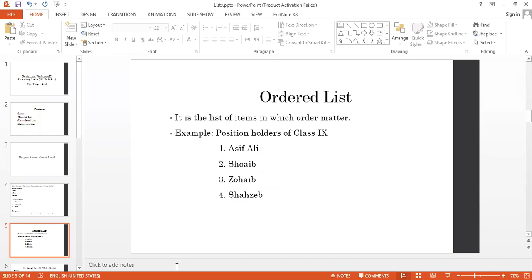If you change the position of any candidate, for suppose you put Shazib at first position and Asif at fourth position, then your list will be changed. There will be a difference in the list.